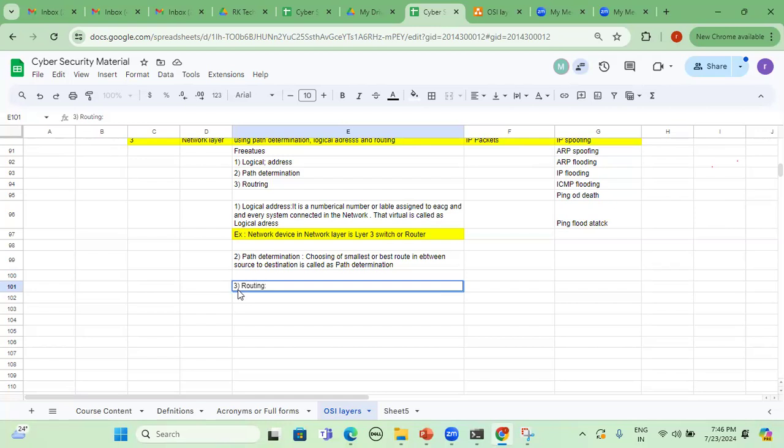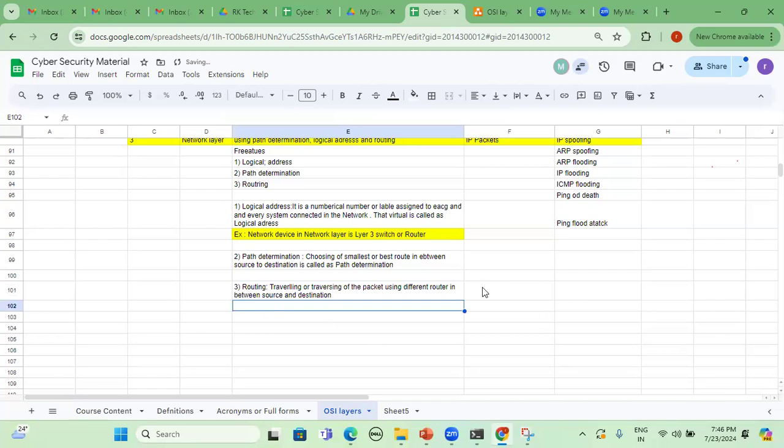Route is nothing but traveling or traversing of the packet using different routers in between source and destination, peer to peer. So every router, it will maintain the routing table. That routing table can be represented as router ID.